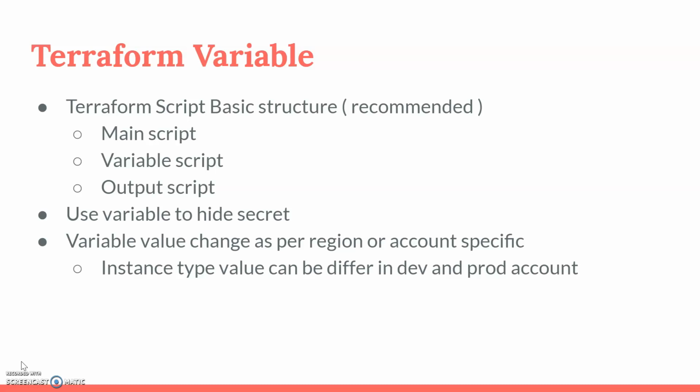this session. So basically, a Terraform script is divided into three different sections. One is the main script where the main resources are going to be created. Another is the variable script where the variables are defined, and the third one is the output script where all your outputs are kept. This is not a recommendation given by Terraform, but it is the industry recommendation that we should use a certain structure. You can make your own structure, no issues, but this will be easier and more manageable in terms of Terraform execution.